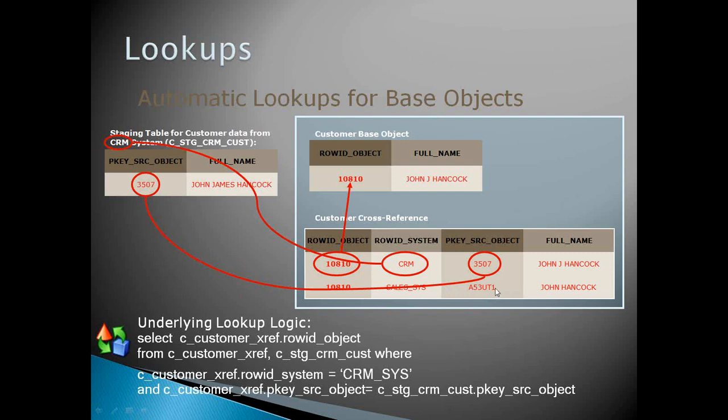Like for example, we talked about the CRM system. Similarly, if we are loading data from a sales system, and if we are passing the same PK source object here, A53UTI, the same record will get updated. Otherwise, one more record from the sales system will get inserted into the base object and the cross-reference table. But in this case, if the record comes from the sales system, it will match on those key columns and update this record, but this record is not in the base. Yeah, correct. The other one is there.